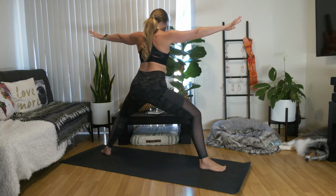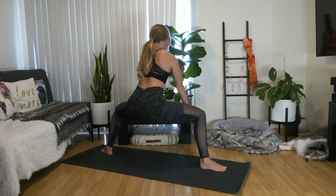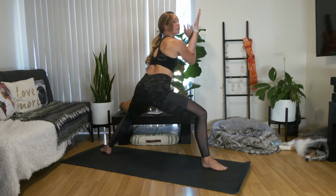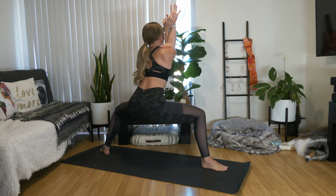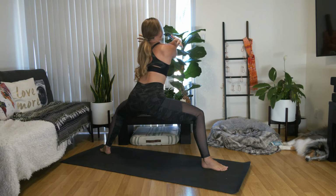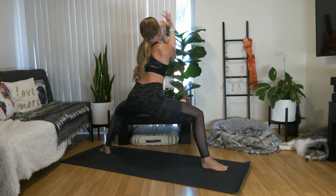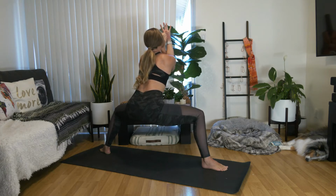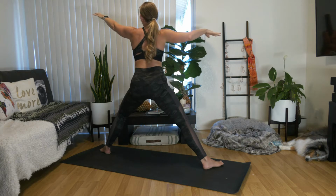Turn both heels in towards each other, coming into horse pose. Right arm wraps under the left for eagle arms. Lift through your elbows. Sink low in those hips, knees open out wide. Good. Another option is to always grab a hold of opposite shoulders as well, giving yourself a bear hug. Good. Now as you inhale, lift up slightly, release your arms, turn to the back of your mat, warrior two,